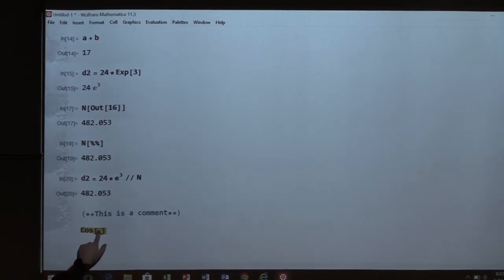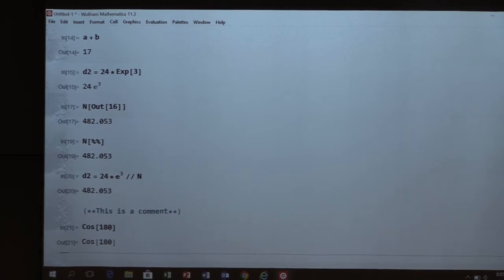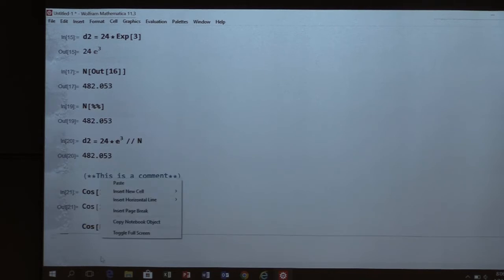Mathematica likes units of radians, not degrees, right? So if I put in something like 180 and hit Shift Enter, it says, hey man, I don't know what that is, so I'm giving you right back what you typed. So if I want to give 180 degrees in radians, I would say cosine of Pi, capital Pi in Mathematica. That is reserved, that is protected, so you cannot create a variable called capital Pi. Cannot. Right? So enter that in the cosine function